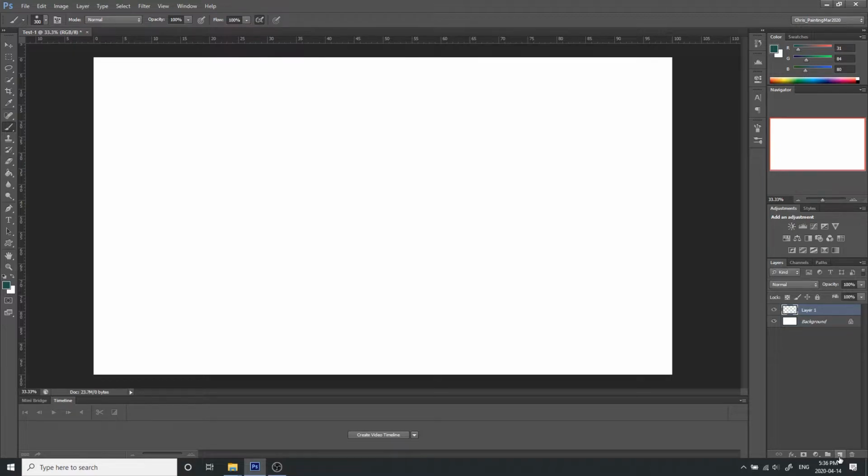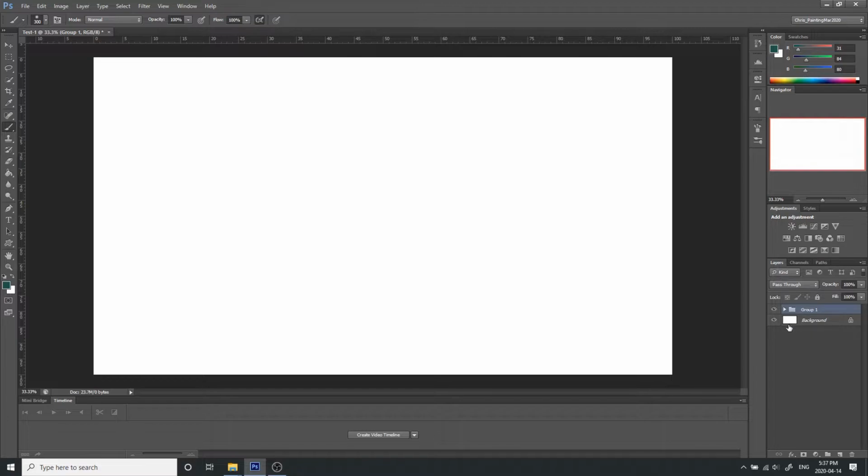Now if I create several layers, the next button over from the Create New Layer button, again that's down on the bottom right hand corner, is the Create a New Group button. This allows me to group layers, so if I hold down the Shift key and select each of the layers that I want to combine, and then drag them on top of my group. There we go. Let go. Those three layers have now been added to this group folder. This makes it really easy to keep track of layers and divide up an image so that everything's in an easy to find